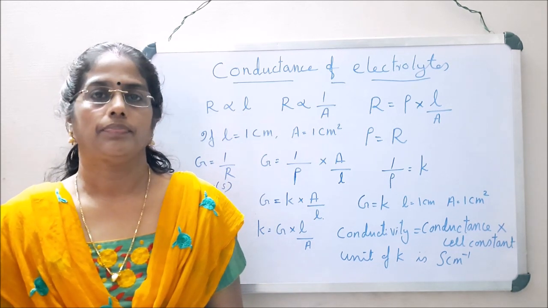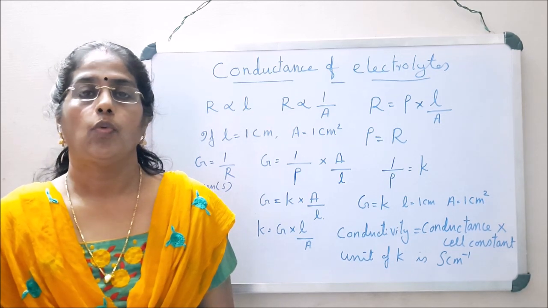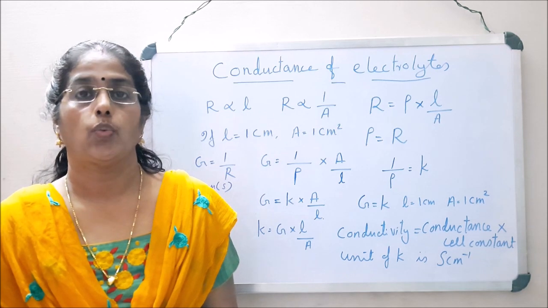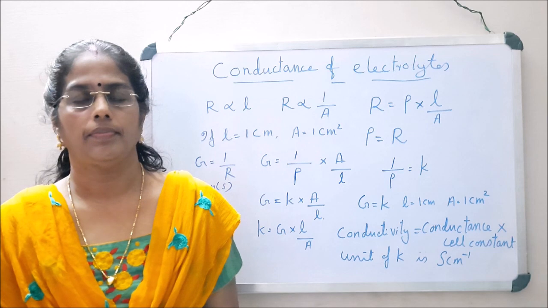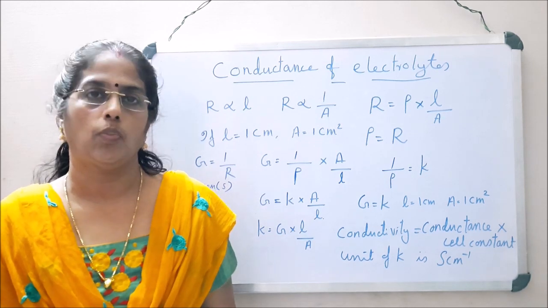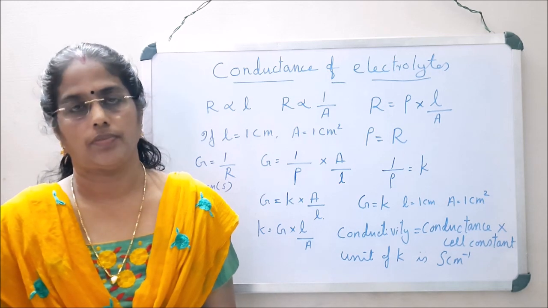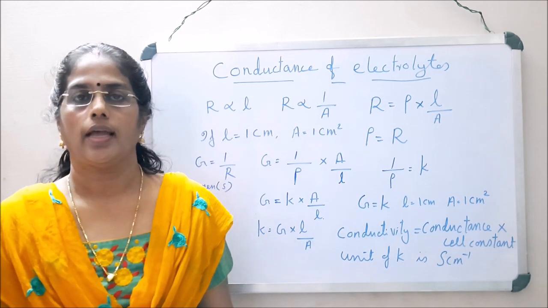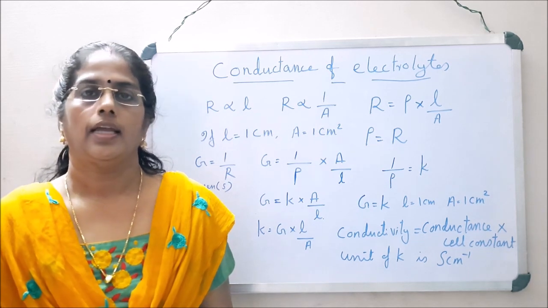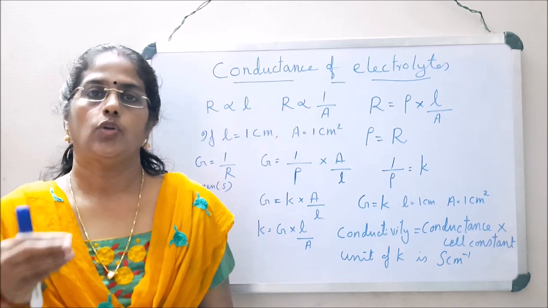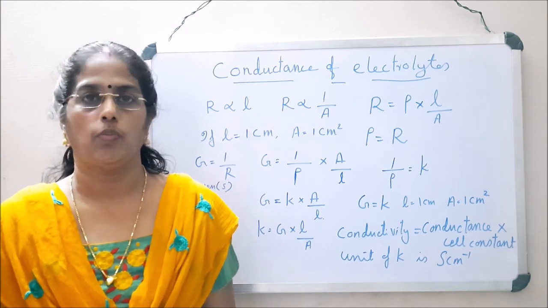For example, sodium chloride is an electrolyte in the molten state. Molten state means urigiya avastha. In the molten state, it conducts electricity and it is undergoing chemical decomposition and becomes Na+ and Cl- ions. And those ions carry the electricity. That means in the case of electrolytes, due to the passage of electricity, this itself is undergoing chemical decomposition.